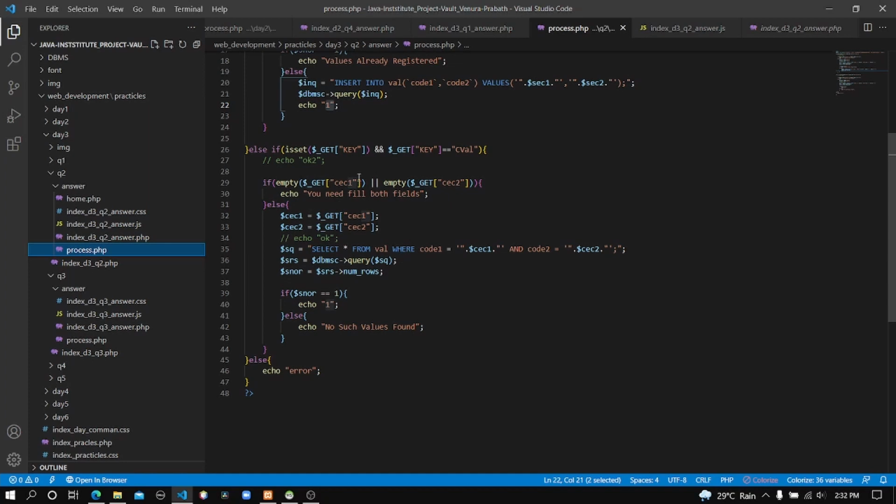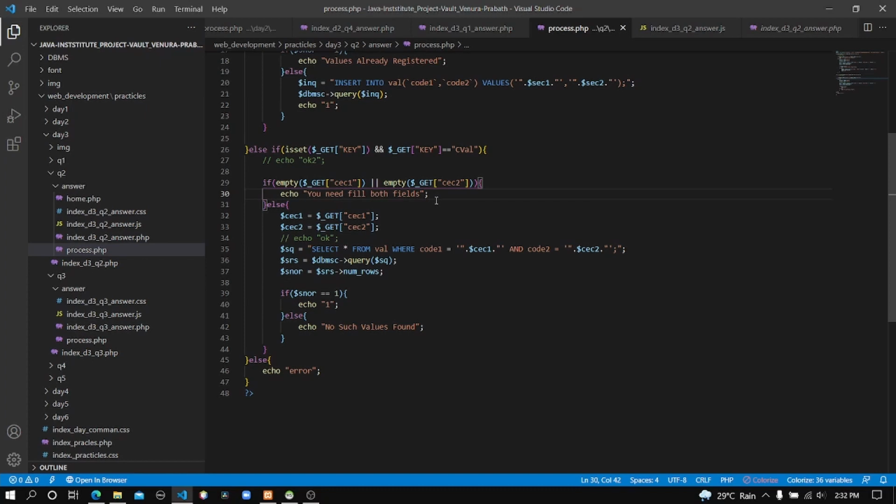If one of these input fields is left behind, or the user didn't insert data into one of these input fields, it will execute only this echo. Here you can see there's an error message, you need to fill both fields.